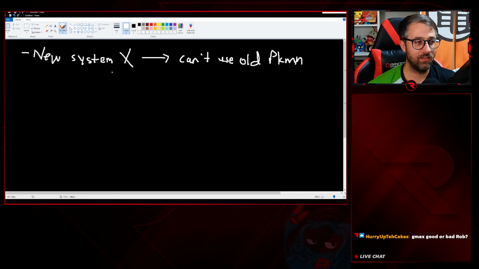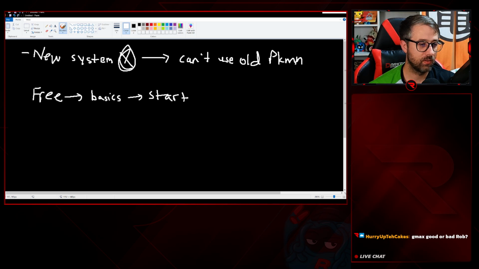So basically, the reason that people don't like them here is because you had to do the Gmax introductions to get certain Pokemon so that you can do the baby ones. So it's very much like you get the freebies and then you have to go do the basics, right? And then once you get the basic stuff, this is kind of like your starters. That would be your basics. But then once you get the basics, you need to understand what the next step is, which is Evo and power up